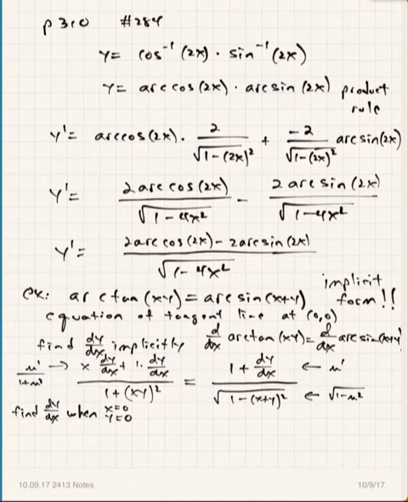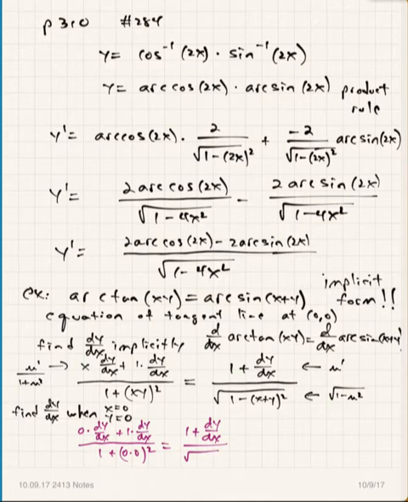I'm going to actually put this in a different color so it kind of stands out at the bottom here. You'd get 0 times dy dx plus 1 times dy dx, all divided by 1 plus 0 times 0 squared, like that, is equal to 1 plus dy dx over the square root of 1 minus 0 plus 0 squared. And so what that gives you,